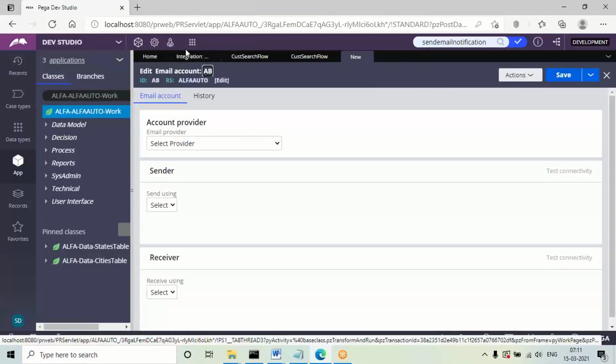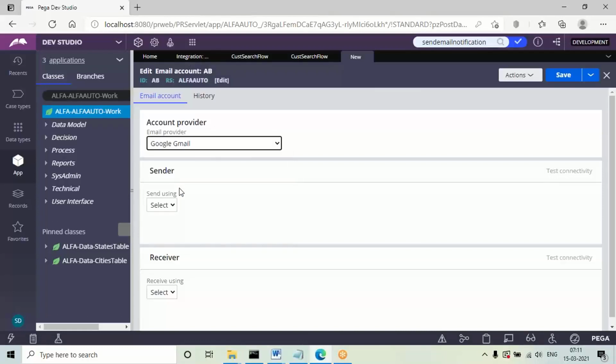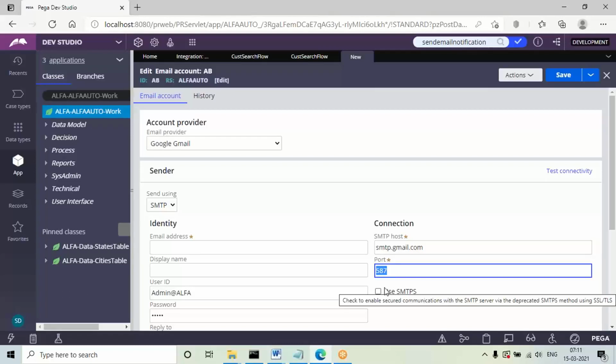See here, like in the widget earlier, we will have similar parameters. But one thing about this connection information: through integration resources, the email account is configured without using SMTPS only. But using the widget, we update the port number and need to enable SMTPS. In resources, it allows only without SMTPS.